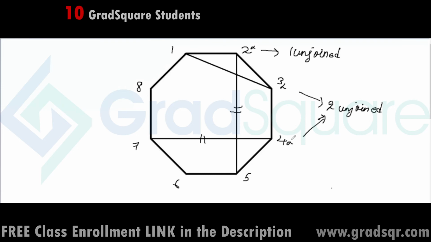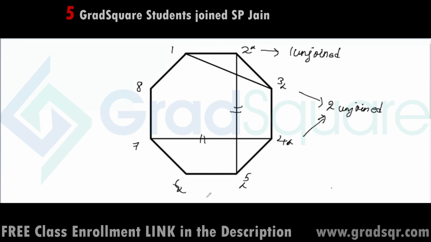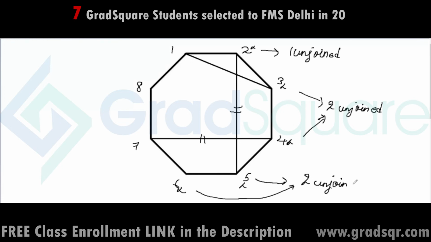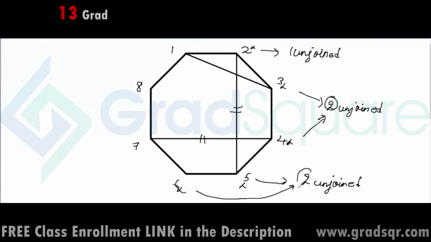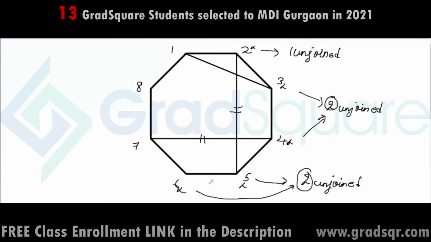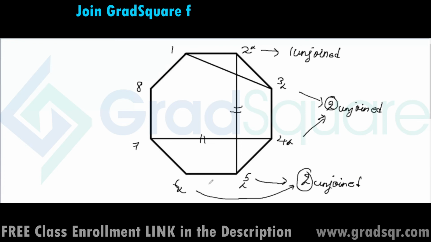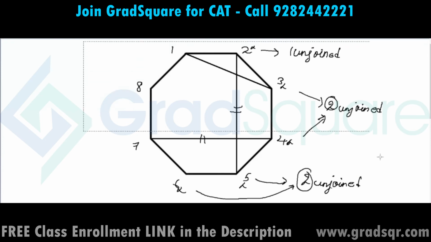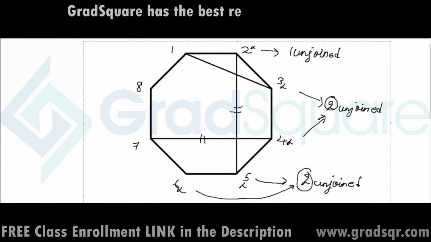Now the same thing I do for the diagonal 4, 7. I'm starting from 4, I'm leaving 5, I'm leaving 6, I'm joining 7. So once again, between the two joined vertices, I have got two unjoined vertices. Now the number of unjoined vertices for the diagonal 2, 5 and the diagonal 4, 7 are equal. That is sufficient for me to say that 2, 5 and 4, 7 will be of the same length. Right? So this is a basic trick that you can apply in the case of regular polygons to figure out whether two diagonals are equal in length or not.